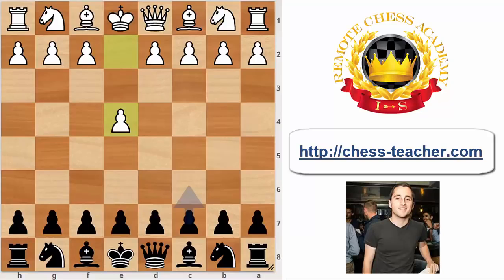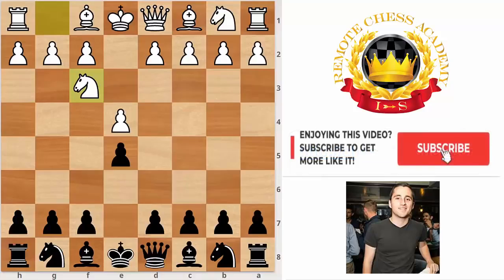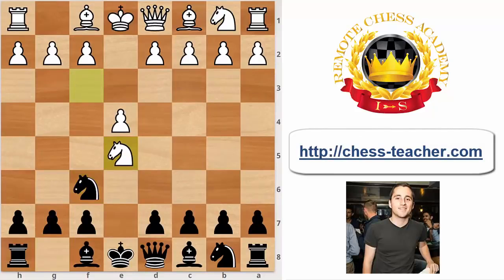So the line goes e4, e5, knight f3, and in this position probably most of you automatically play a move like knight c6, which is the main move. And I want to look now at the line starting with knight f6. This is called the Russian opening, the Russian defense, or the Petrov defense. The most common move here for white is knight takes e5, and this is the move that I'm going to